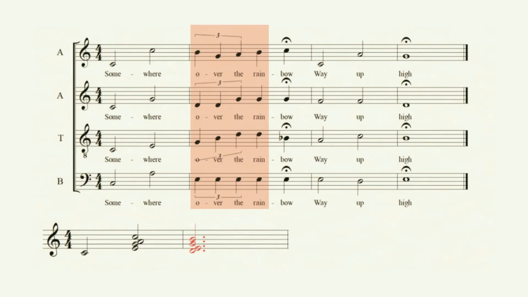In the next illustration, we see the lyric "over the rain" made up of a melody line containing a B natural, G natural, A natural, which is actually a passing tone, and a B natural. These tones are supported by a root position chord consisting of E, G, B, D, which makes up an E minor seventh chord. The chord inversion we would use would be its third inversion, which gives us the B, G, E, D shown at the bottom of the page. This chord, when arpeggiated, sounds like